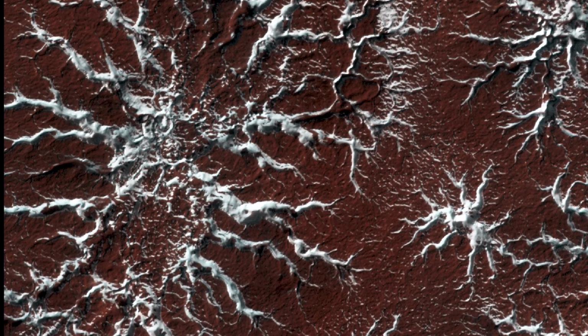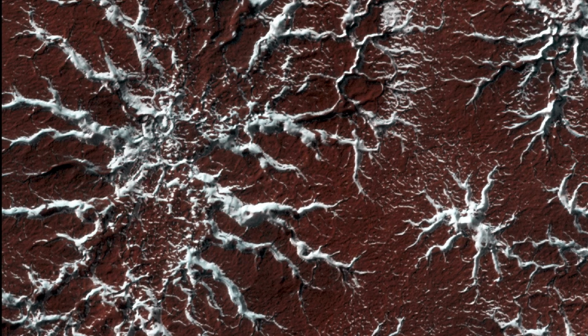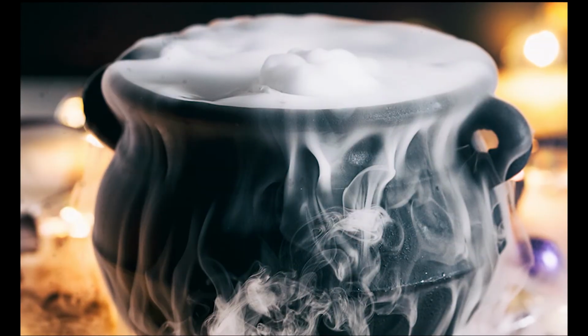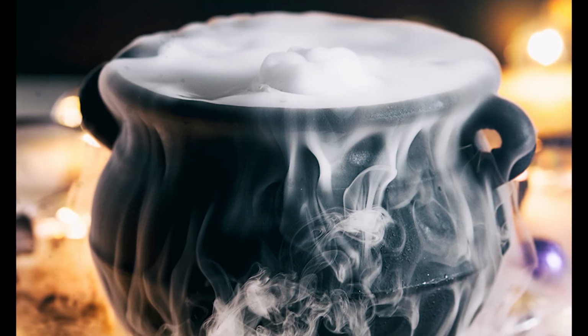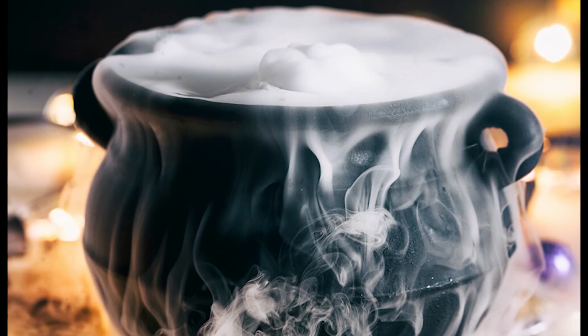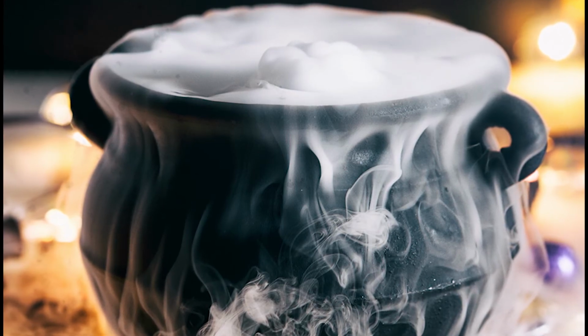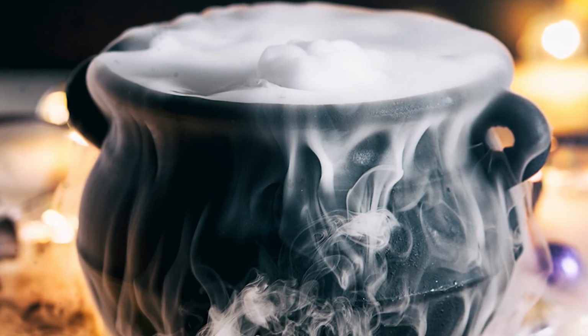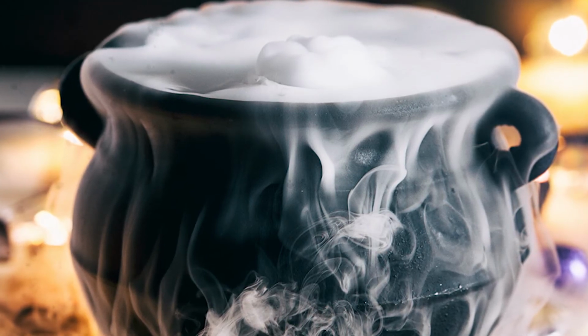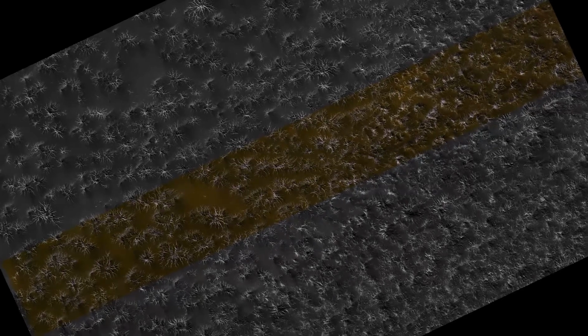So essentially, this is dry ice, and dry ice is that stuff that you see in the Halloween punch bowls. It makes it look kind of spooky. It has this kind of billowy, smoky, hazy kind of effect. Well, that's dry ice, and dry ice goes from solid to gas, and it skips over the liquid phase. That's called sublimation. What you're seeing here are the eroded channels filled with bright ice set against the muted red